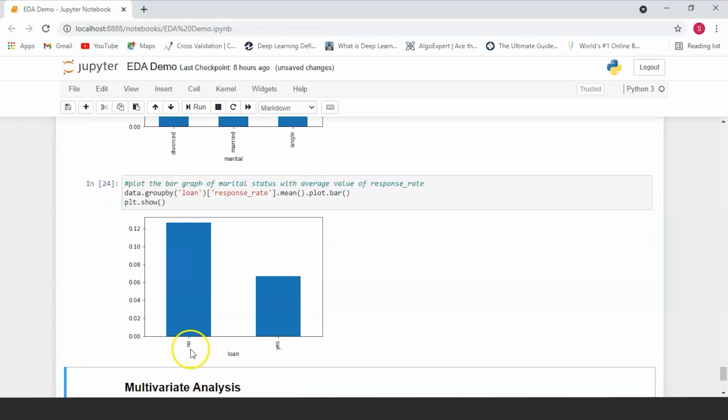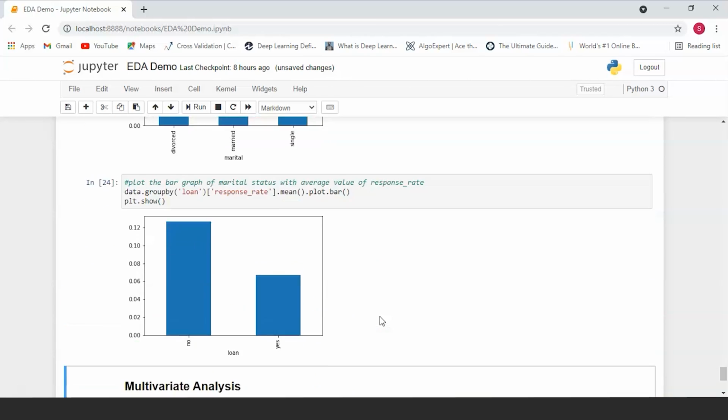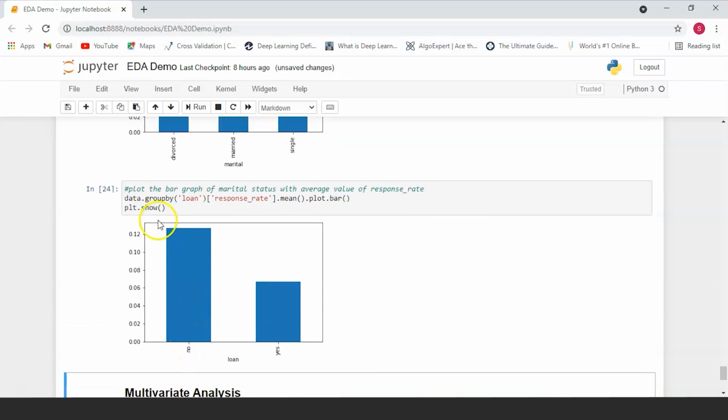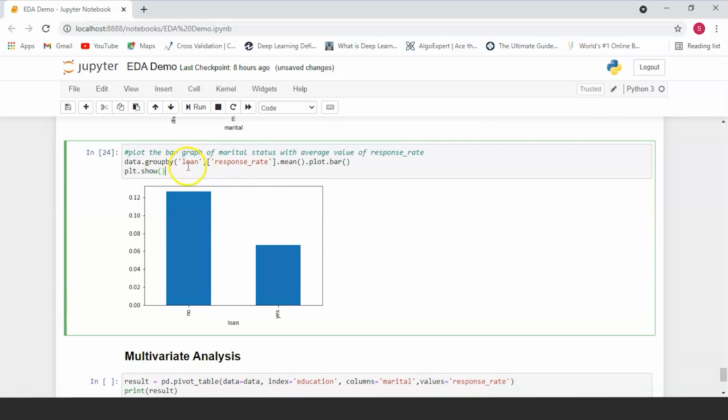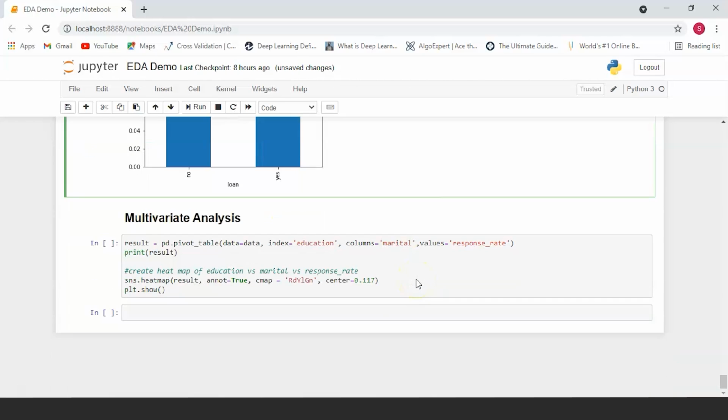So majority of the people who gave a positive response have not taken a loan, and less than half of the people who gave a positive response have taken a loan. So in this way, you can check how different categorical columns correlate to the response rate, which is also a categorical column in this case.